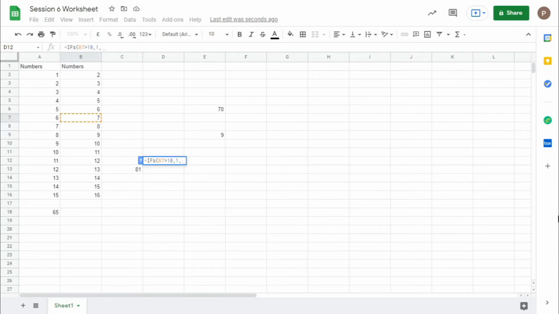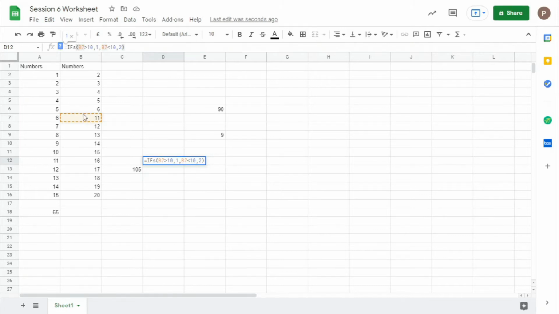Once again a comma, once again B7, this time less than 10, then give 2. It gives 2. You give 10 or 11. If you give 11, then it gives 1.